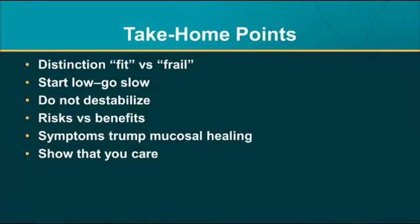And one thing we have to remember is you have a perfectly functioning patient who's quite comfortable. Don't destabilize by the risk of new medications that may not have a significant benefit, or particularly in our zeal for mucosal healing, which we know has a benefit to the younger population, we can really trip someone into a significant decline. The risks versus benefits conversation is extremely important, and what we do in our practice is we always